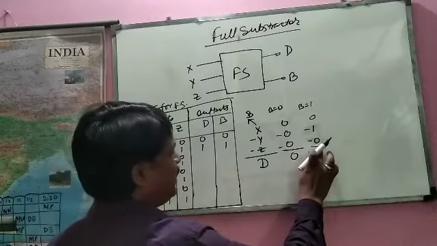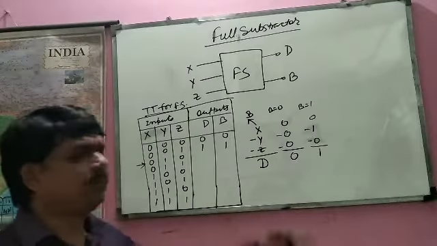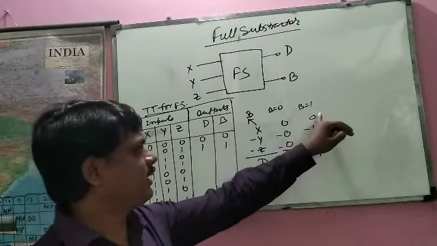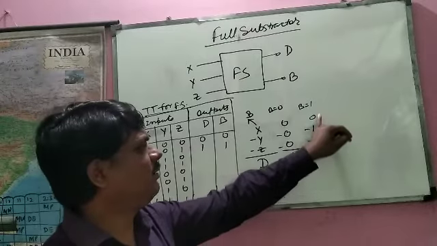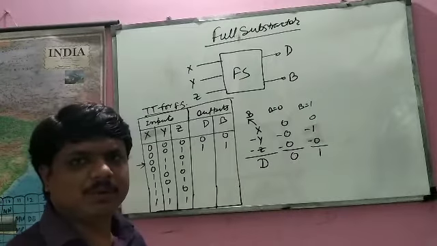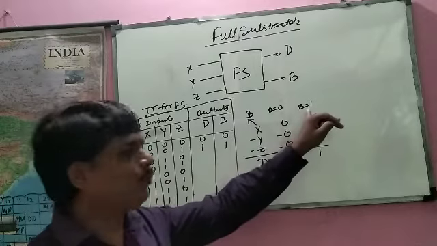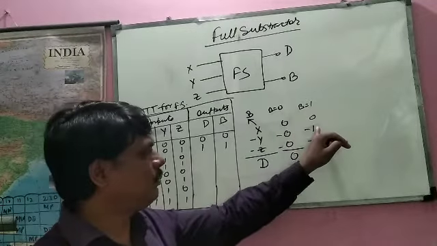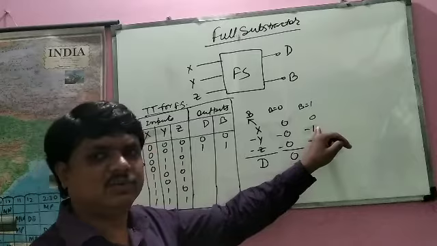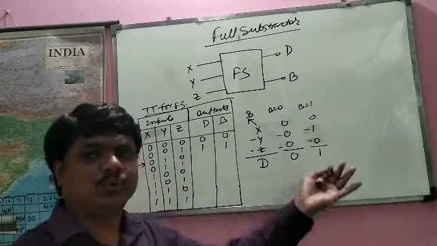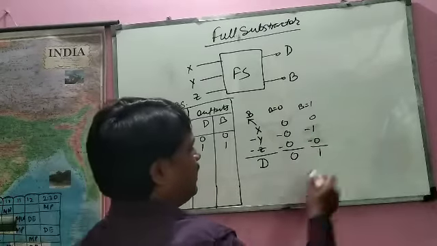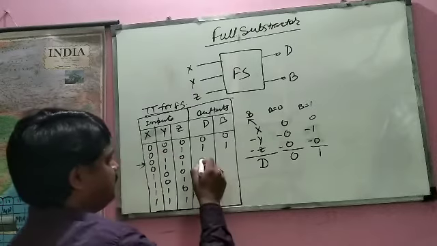So what will be the value? Again the same case will be there. We have to subtract 1 from the 0. So what will be the value? 0 minus 1 means we will have to take the borrow, 1, and now it becomes 2. 2 minus 1 is 1 and now 1 minus 0 is 1. So again the difference is 1, borrow is 1. No problem.